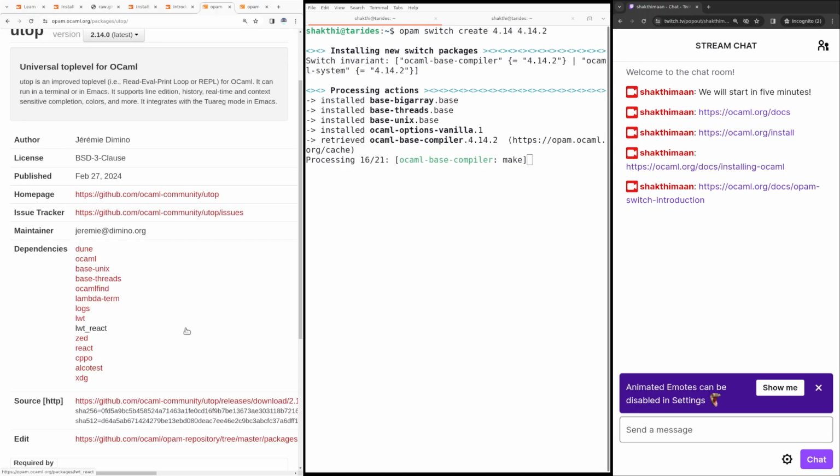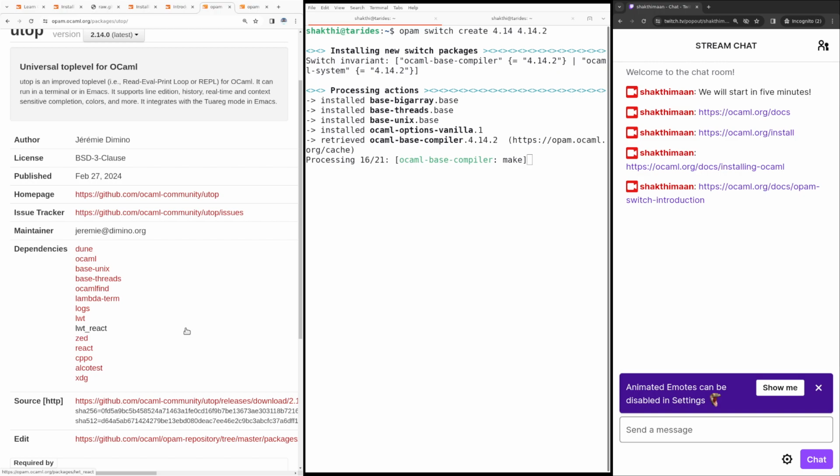Yeah, sometimes they will have an upper bound. Some packages may not have an upper bound. So in this case here we see that lambda term has given an explicit upper bound of less than 4.0, and